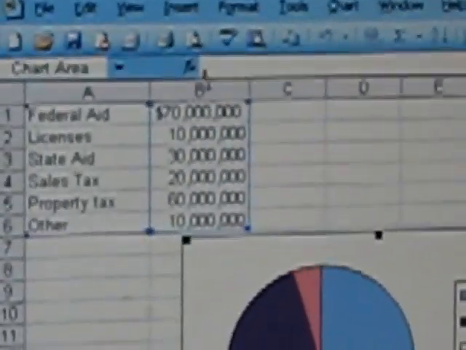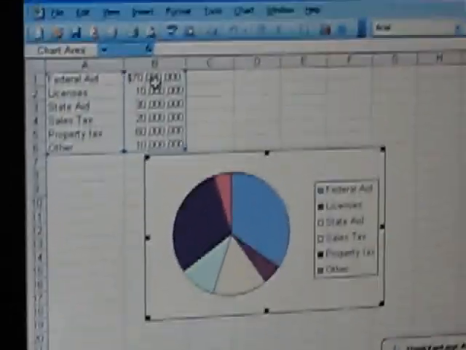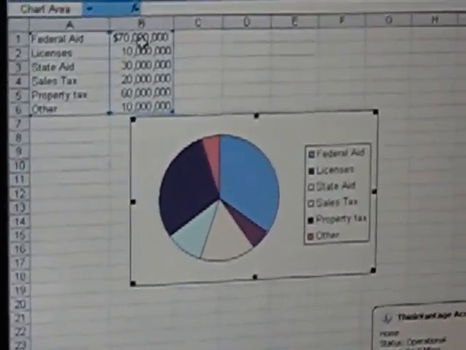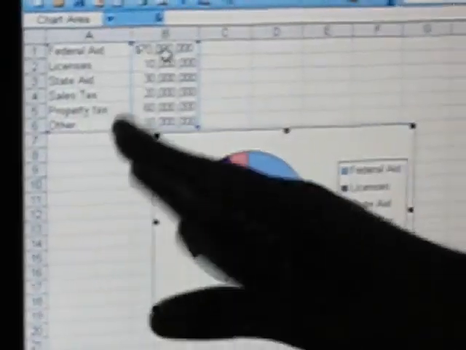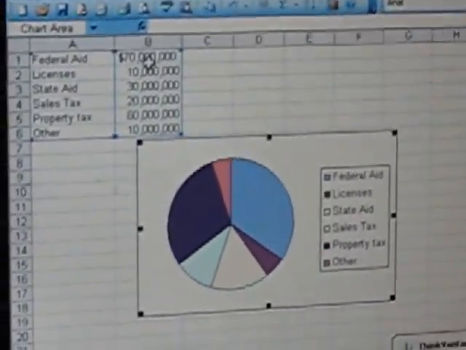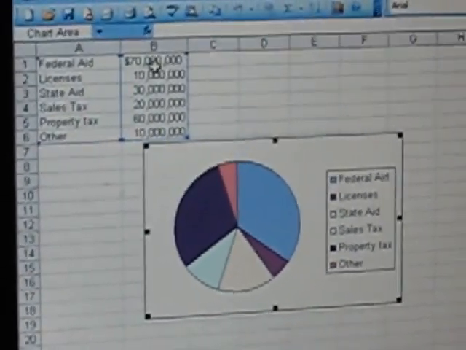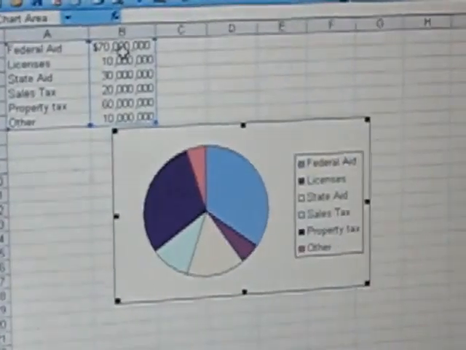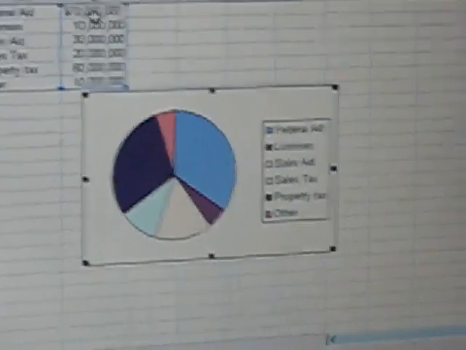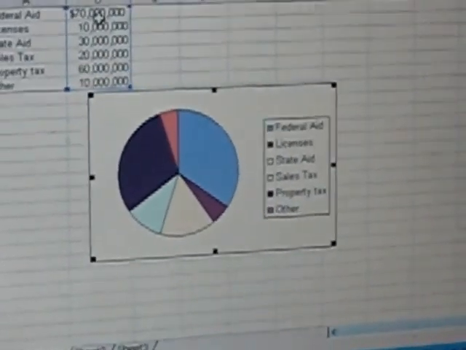Now, this is a circle graph that I have constructed myself. What I have done is, in your rubric, you can see you have some data called federal aid, licenses, and it states sales tax, property tax, others, etc. And under B, you have 700,000, some numeric values. So what I would like you to do is try to feed in the data under A column and B column. And once you are done feeding in those two columns, the next task is